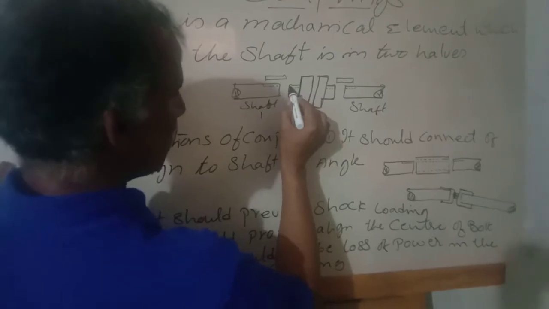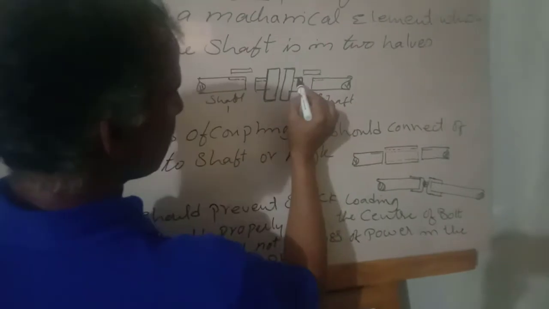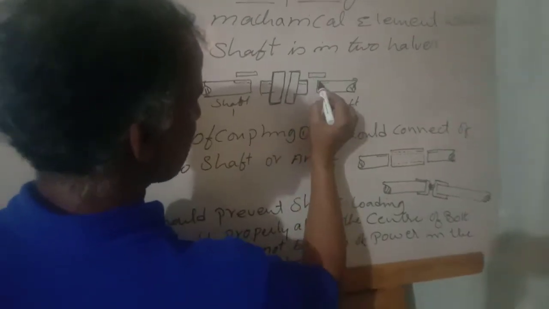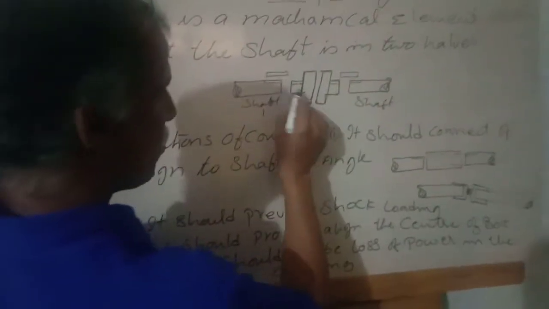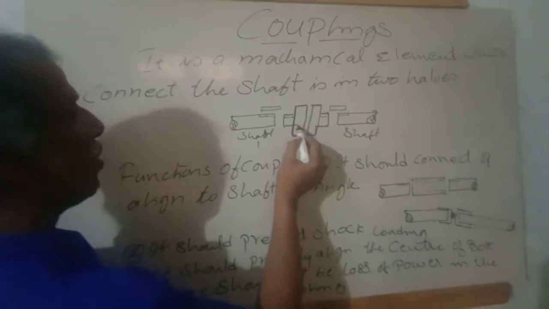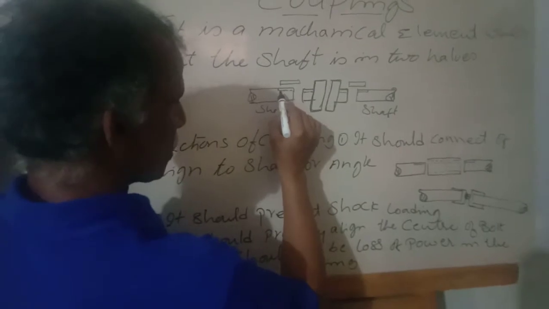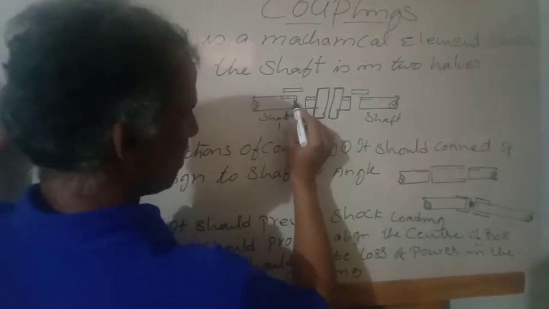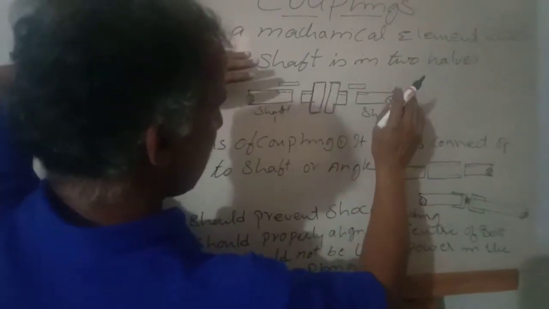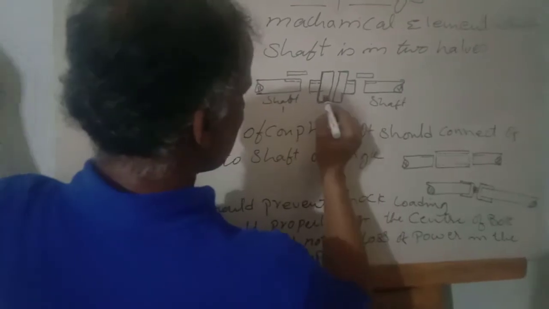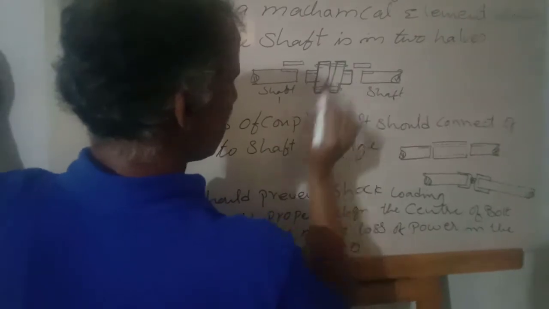Inside the flange hub you have a keyway, on the shaft you have a keyway, and both the flanges have keyways, and both shafts have keyways. Both shafts are put into the hub of the flanges, and a key is inserted to unite the shaft and the flange to work as one piece. This also is the same, so these two work as one piece. Now we'll connect the two flanges with nuts and bolts.